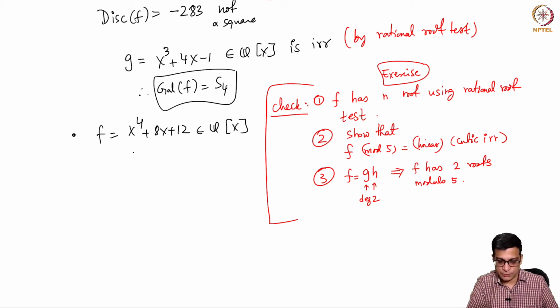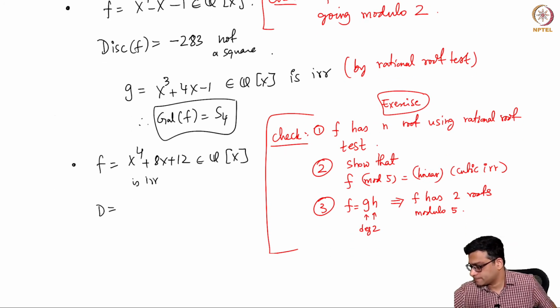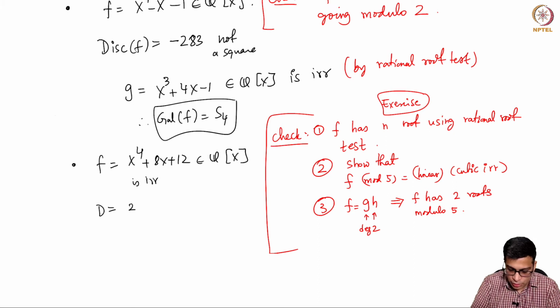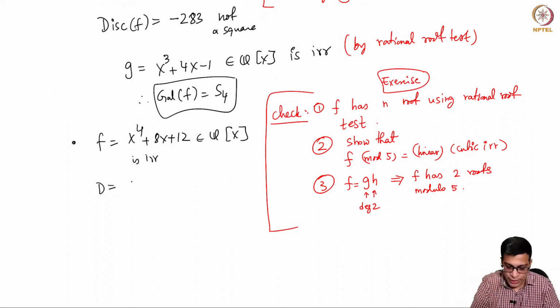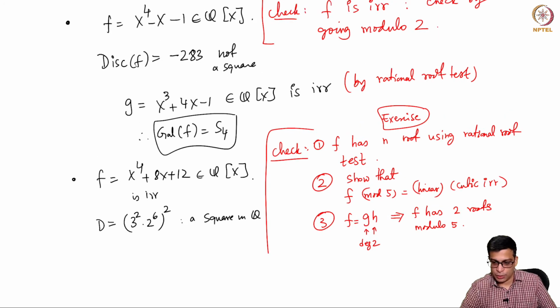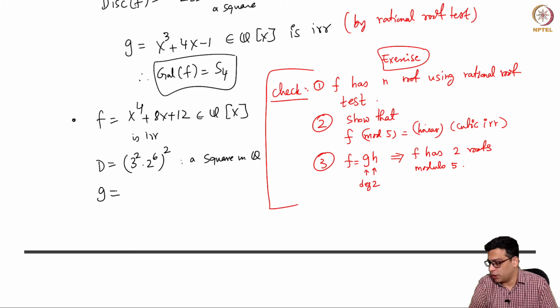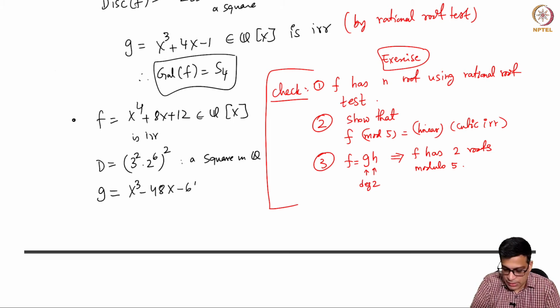So this is irreducible, and just applying blindly this formula, you conclude that the discriminant is actually 3 square 2 power 6 square. So it is a square. Okay, so just blindly apply this. You apply the formula for discriminant, you get this, and g happens to be x cubed minus 48x minus 64,